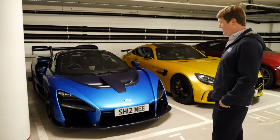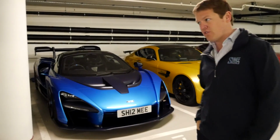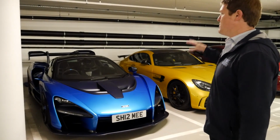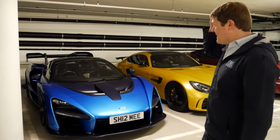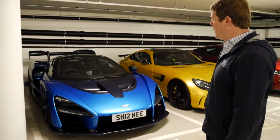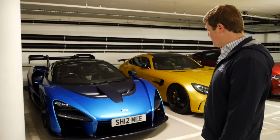It's McLaren's second Ultimate Series car after the P1, but with a very different style. You know, the P1 was about bringing hybridization and technology. This is about bringing aerodynamics and ultimate performance, and it weighs less than 1,200 kilos, yet still has 800 kilos of downforce with the wing, the active aero flaps, and the 4-litre twin-turbo V8, 800 horsepower, 800 newton meters, and